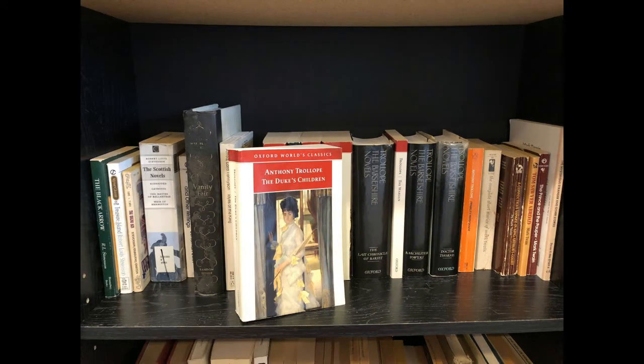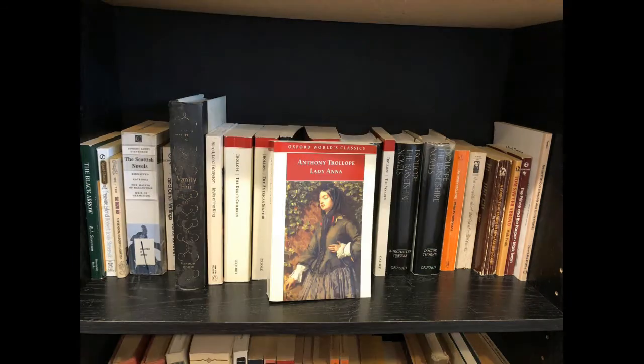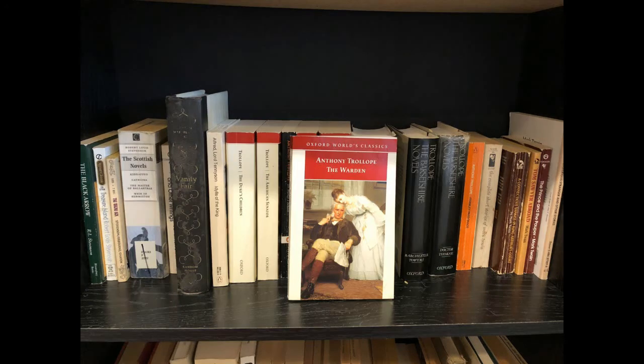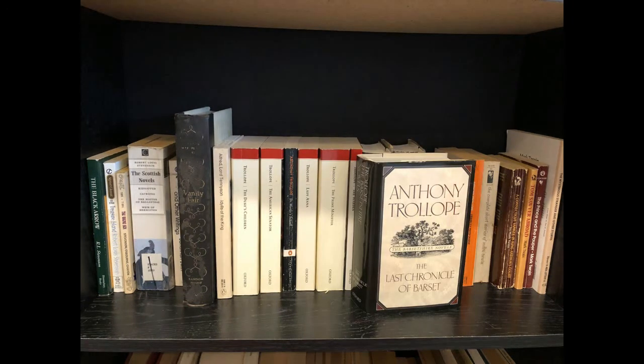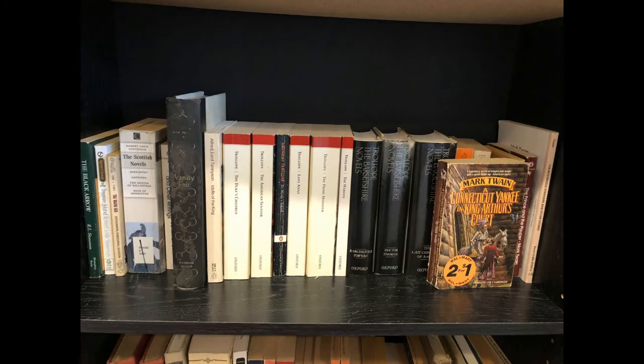The Duke's Children, The American Senator, Dr. Wortle's School, Lady Anna, The Prime Minister, and beginning the Barsetshire Chronicles with The Warden, Barchester Towers, Dr. Thorne, The Last Chronicle of Barset, and Framley Parsonage. And now we get into the section for Mark Twain: the complete short stories of Mark Twain, A Connecticut Yankee